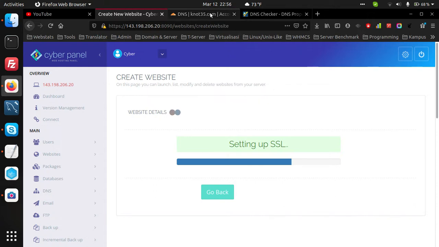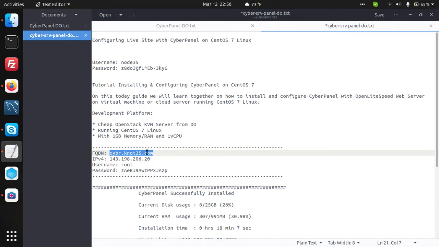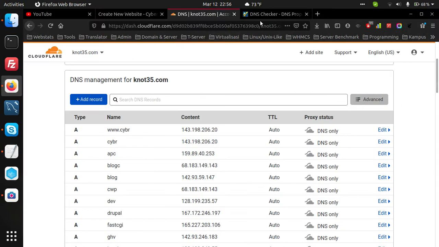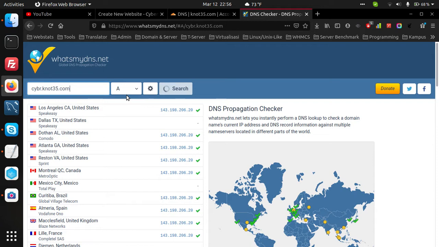Then we can check the record like this using my DNS. Okay, the subdomain is properly pointed to the server IP address.